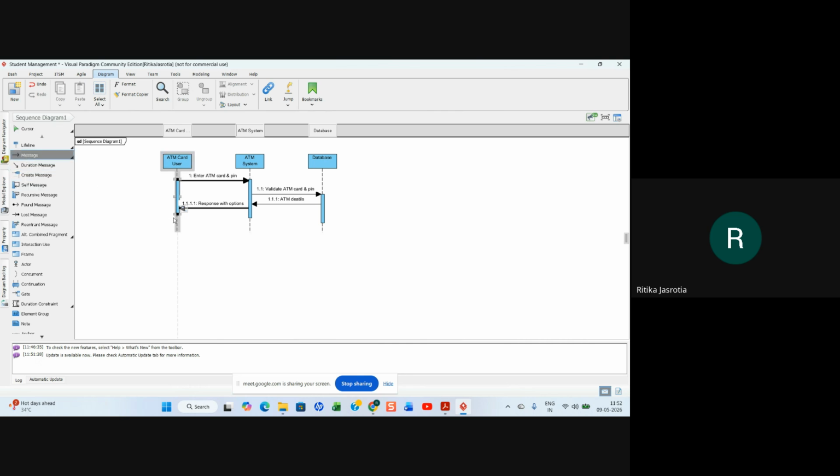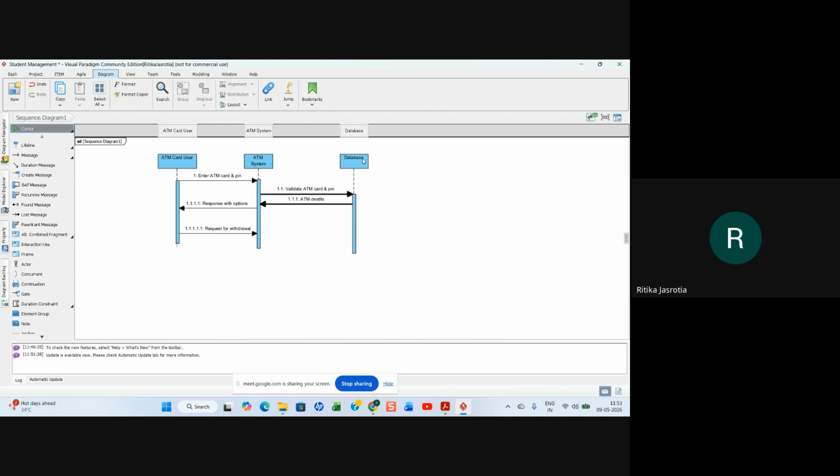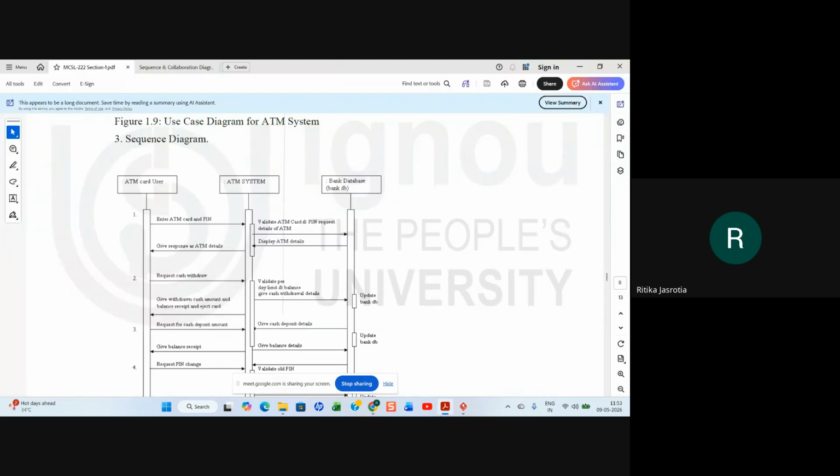Then again you will say you are sending a message of withdrawal. So if you want to withdraw, right? So now what message you will send to the bank? Validate per day limit and balance.